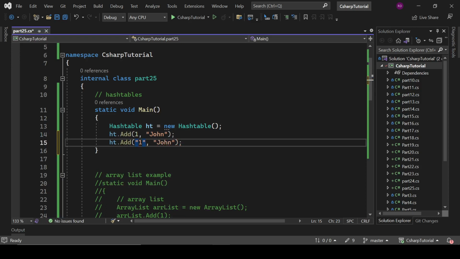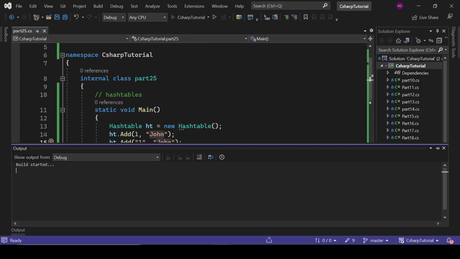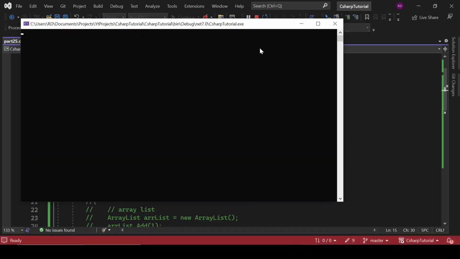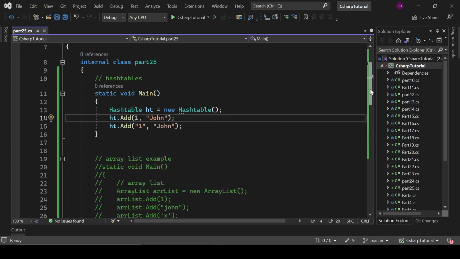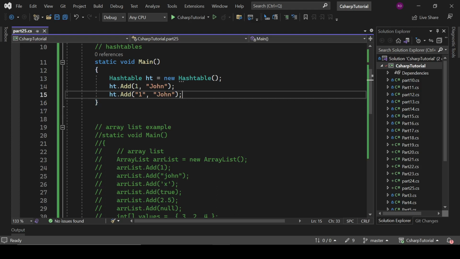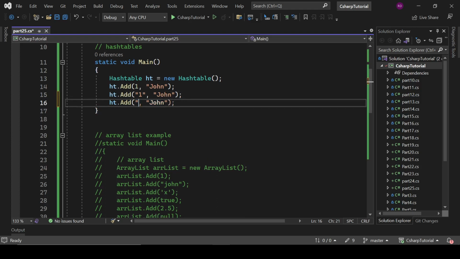Key will always be unique. If we write here Max, or let's say again John, value does not matter, value can be redundant, but key should be unique. Now it will not give any error, because here 1 is a string value and here 1 is an integer value. We can use multiple types of keys here, like we can use 1.1 Max,